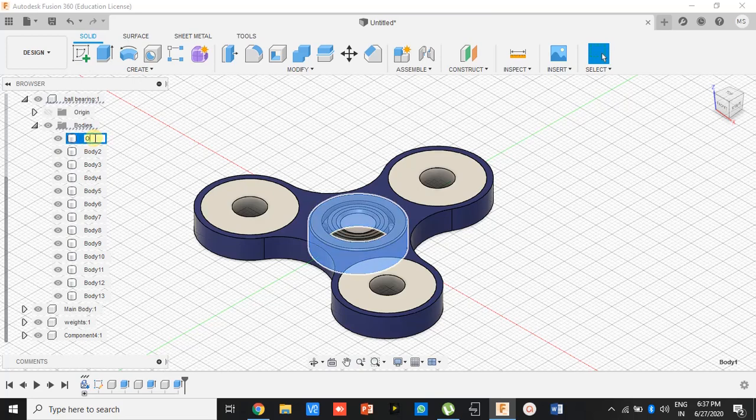Now guys, click on the ball bearing, click on the bodies, and name the body 1 as outer ring, name the body 2 as inner ring, and name the body 3 as innermost ring.